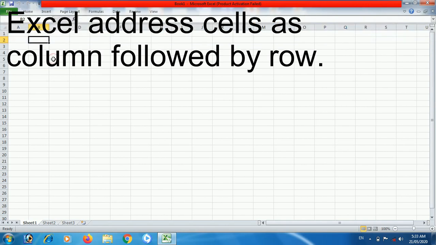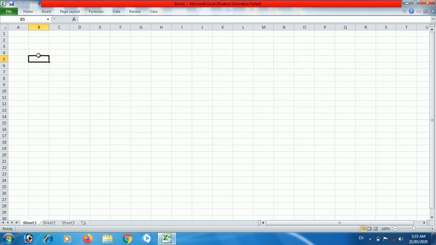First, we need to understand that Microsoft Excel sees the cell or addresses the cell as its column and row. If I click this cell, here its column is B, and in this address cell you will see that B is there and row number is there, B5. Therefore, this cell is addressed as B5, and this cell is D2, this cell is F4. This we need to understand, how to address the cells, and how to address the range is also required.